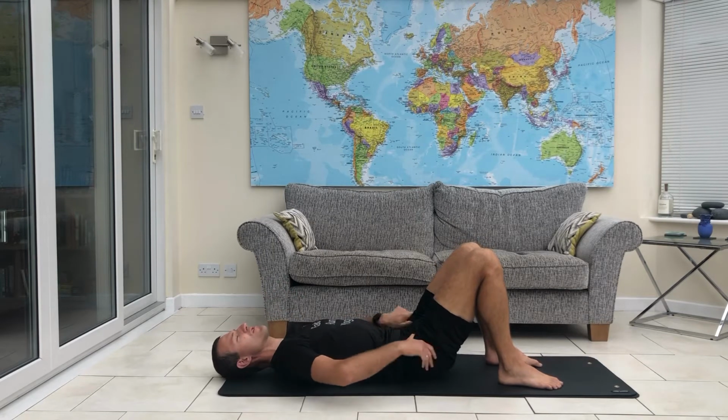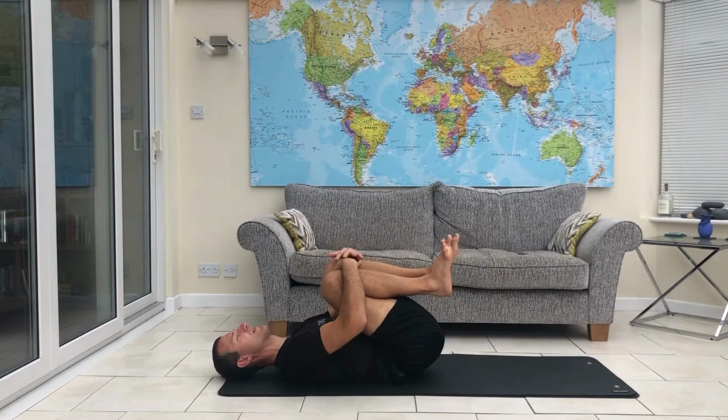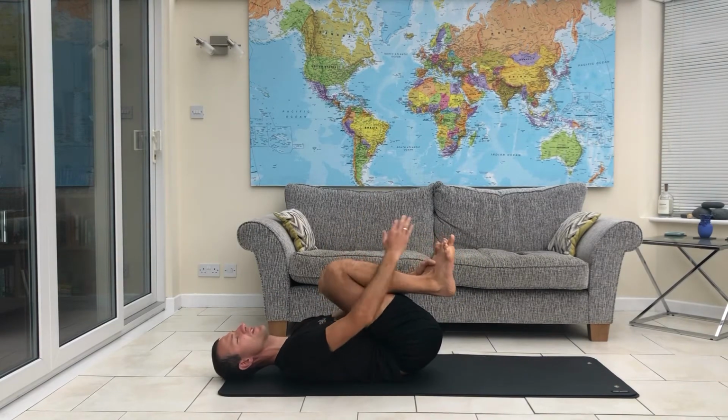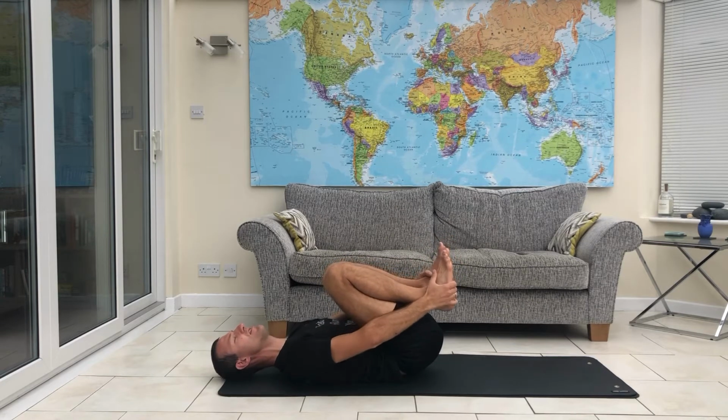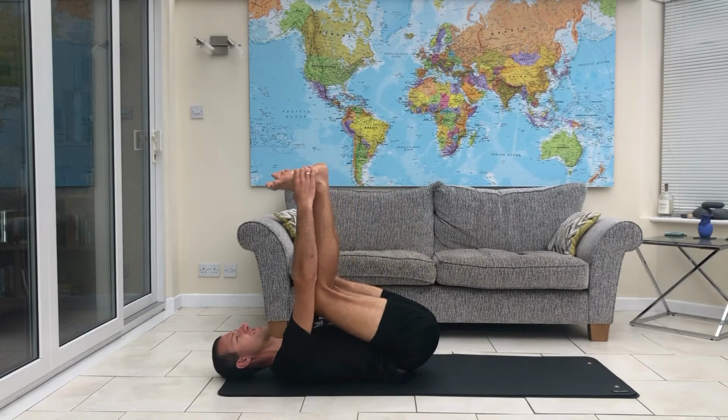Next one we're going to go through is for the inner thighs. So you're going to bring both legs in for this. Want to hug them as close as you can, and then if possible you're going to hold on to the ankles or the feet. Doesn't matter if you can't quite reach them, just holding somewhere down the shin works just as well. What we're going to do is extend at the knees,